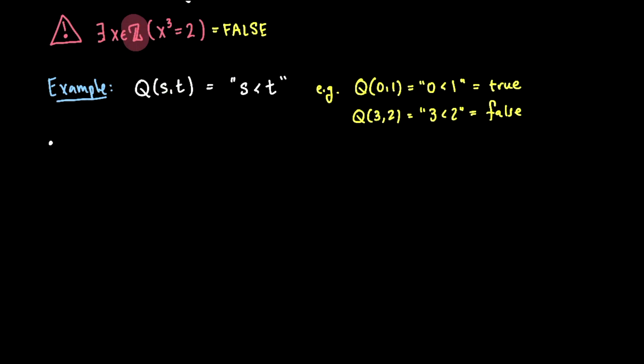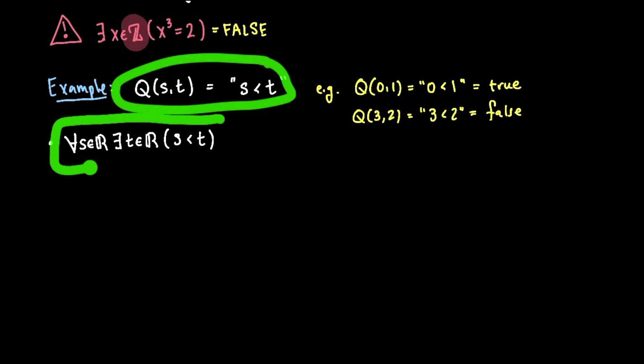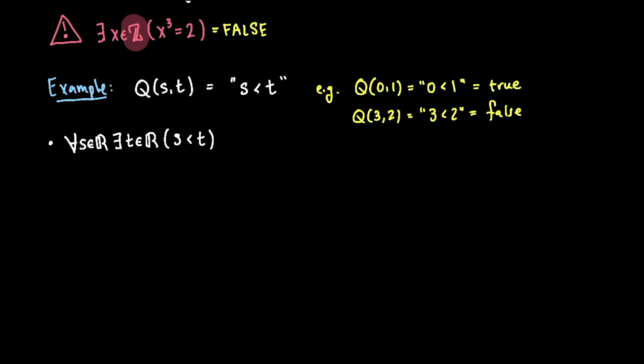So a very simple way to quantify is let's quantify s universally, and let's quantify t existentially. So for all real numbers s, there exists a real number t such that s is less than t. Okay, so now I've turned this predicate into a statement by quantifying the variables. So now, is this statement true or false? Well, you have to try to read it in English, try to interpret it into normal English. This statement is saying, no matter what real number s I start with, there's always a real number t that's